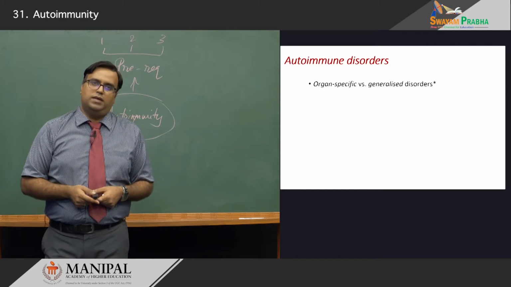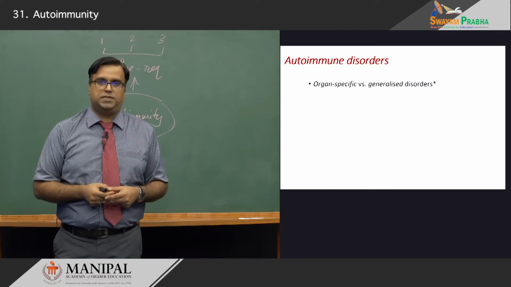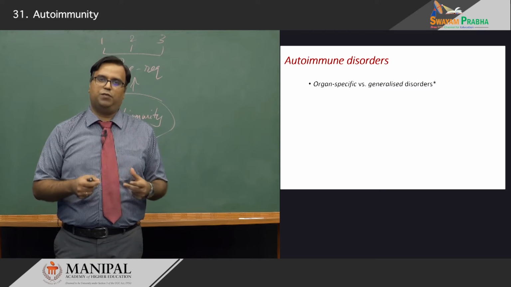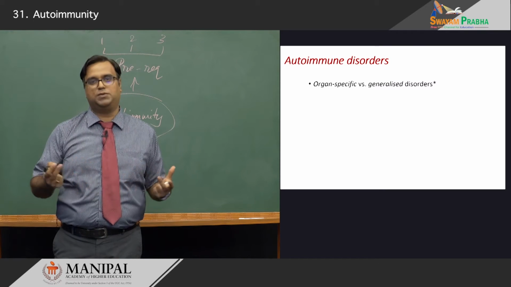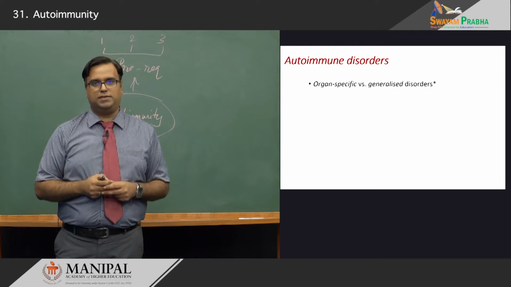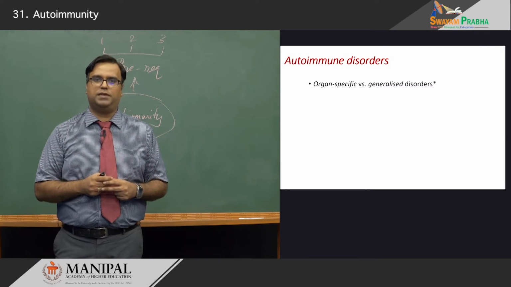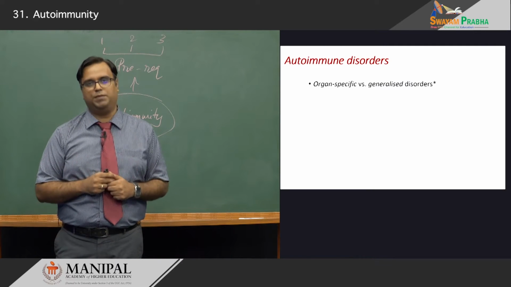Now, certain disorders of autoimmune spectrum are organ specific, such as a thyroid. Some of you may have encountered patients with Hashimoto's thyroiditis or Graves' disease. Type 1 diabetes mellitus. India is the diabetes capital of the world. You will still see patients with type 1 diabetes mellitus. Mind you, that also is an autoimmune disorder.